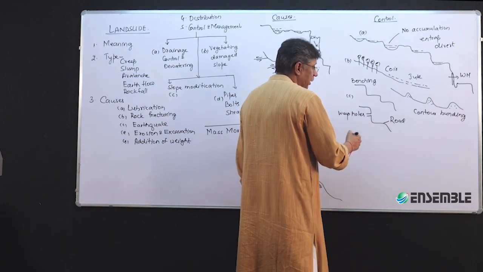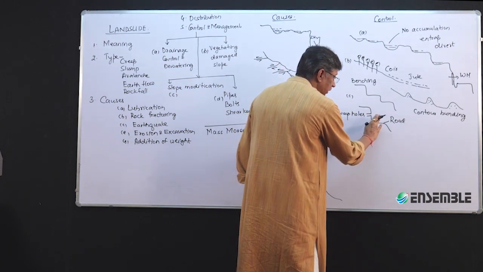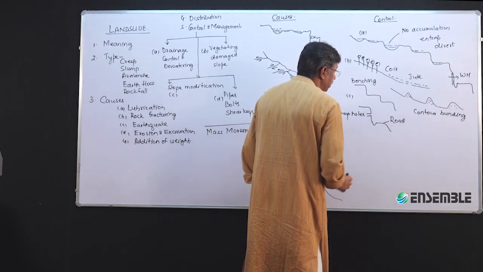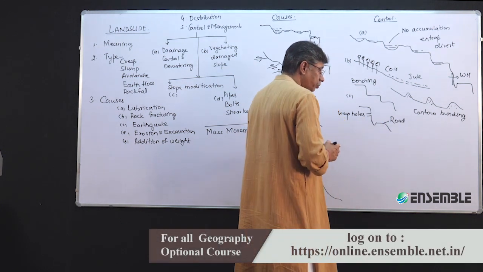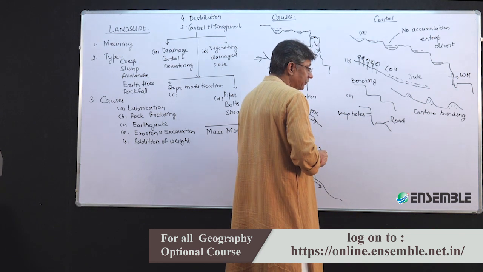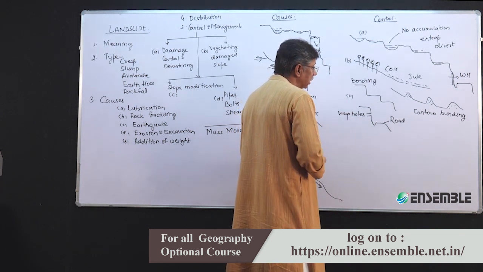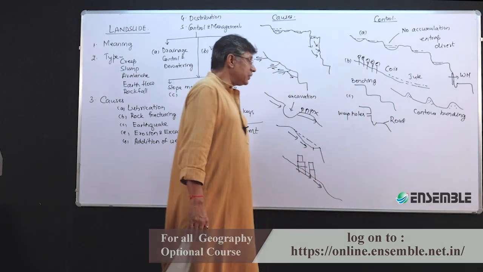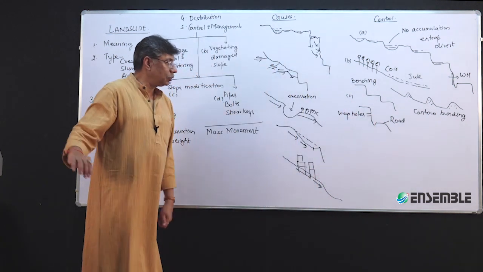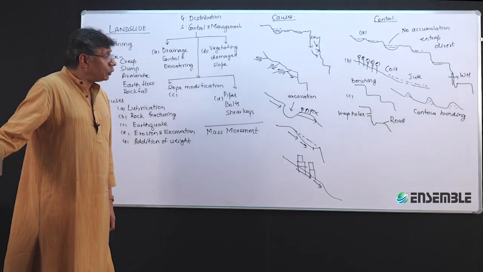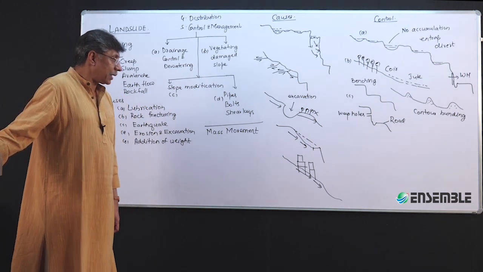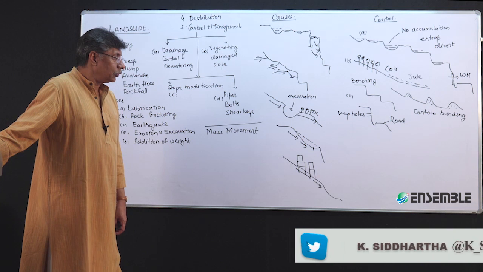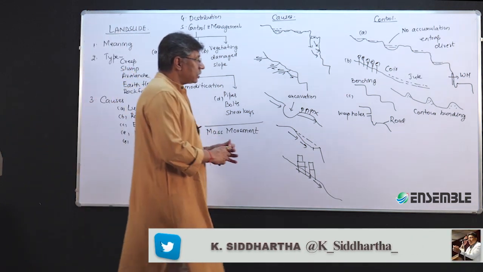Weep holes. That's one. And at the base of it, as we said, there can be a ditch provided with it, and this is something that can take place. This is one way in which slope modification can take place, when we are making weep holes and drains. And the last of this is going to be the creation of a certain type of